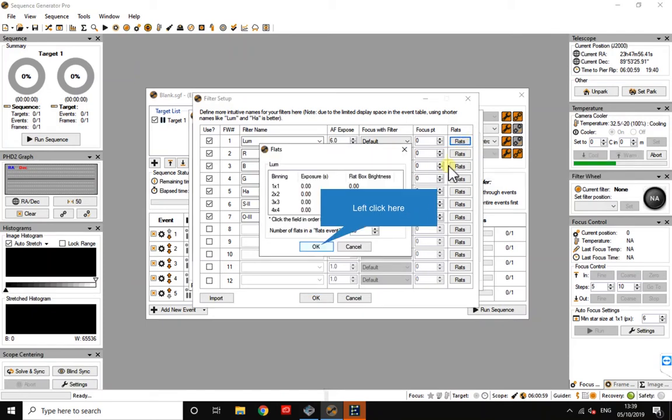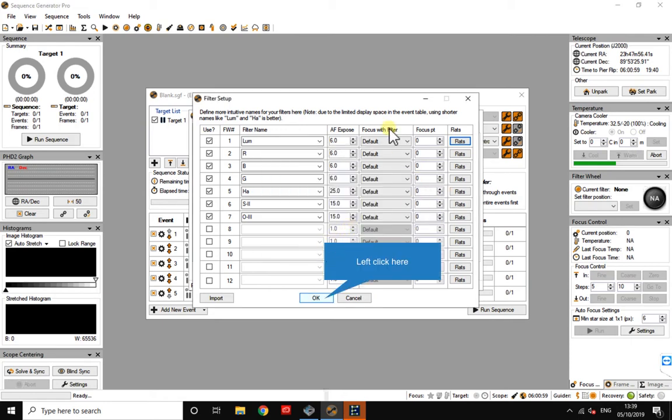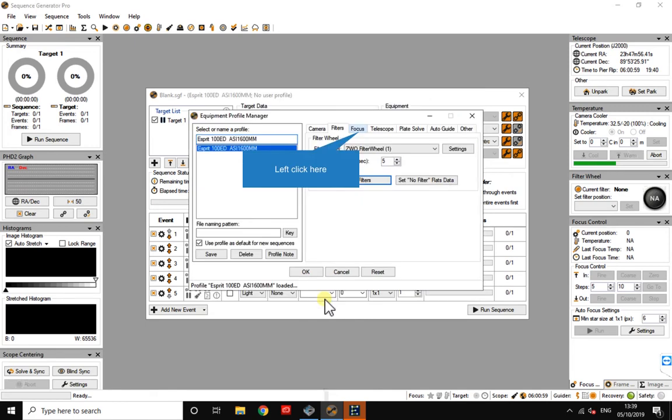Flats, I will come on to this in another tutorial. Sequence Generator Pro has a flats calibration wizard, which is a cool bit of software for getting your flats data, getting it right at the correct ADUs and things like that. So I will cover that in a separate tutorial. So moving on from this,